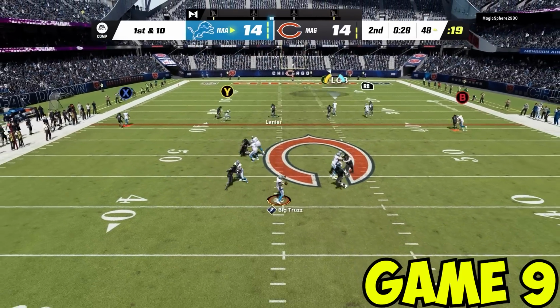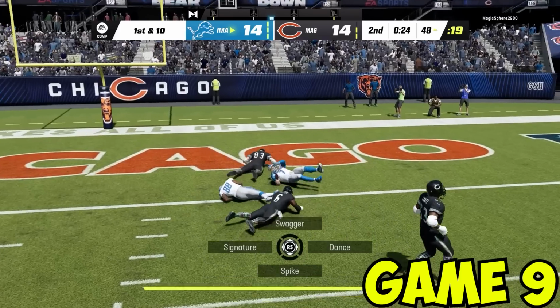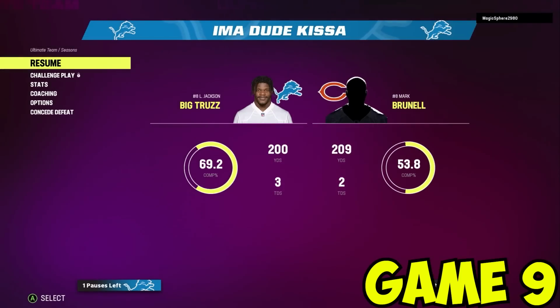14-14 our ball. We have a wide open tutty. Perfect touch pass right there into the end zone for a touchdown, and that's going to be another rage quit,